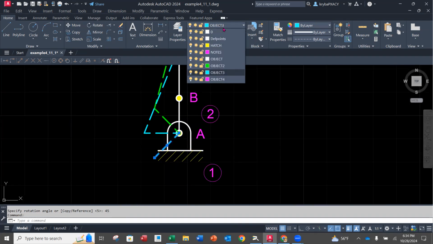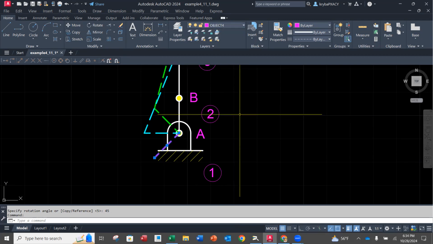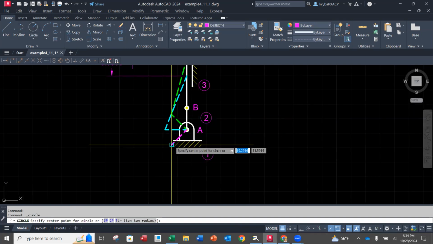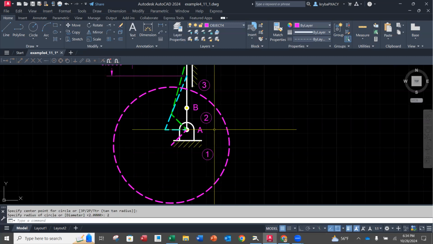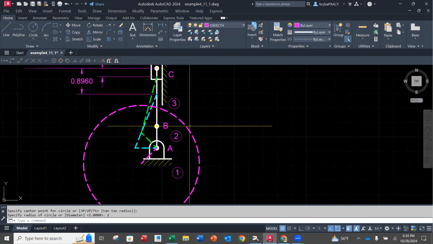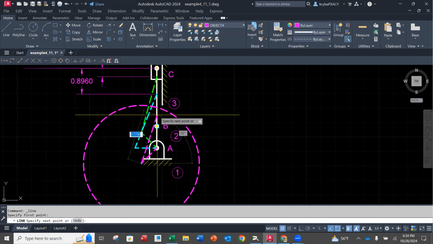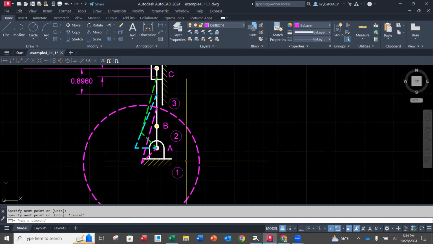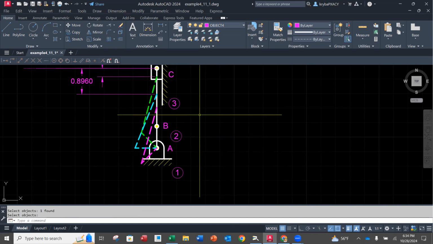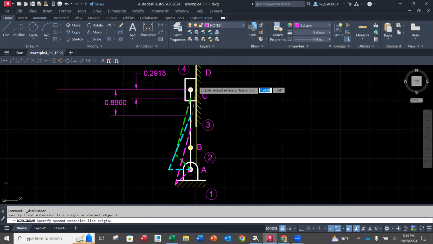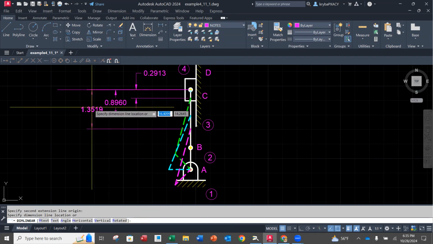I'm going to put it on the object 4 layer. So it goes to magenta. And then now I'm going to draw a radius equal to the 2 inches. And where it crosses that vertical line is my new position. So I'm going to do a line from here to there. I'm going to get rid of that radius. And then I'm going to go to notes, linear dimension from my new position to the top,